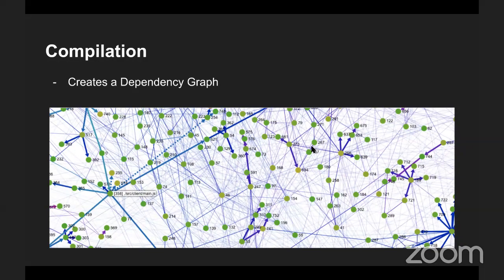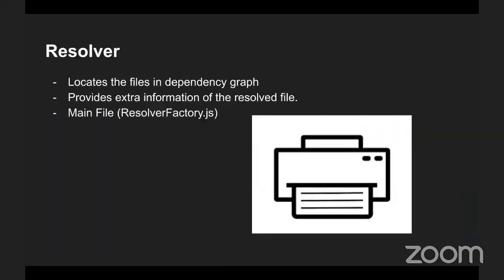And this is an example of how a dependency graph looks. It's pretty complex, but it's fine. This is how a dependency graph actually looks. Okay, so once compilation has created a dependency graph, right? In order to process the dependency graph, I don't think this information is enough for Webpack, like what files are located where.